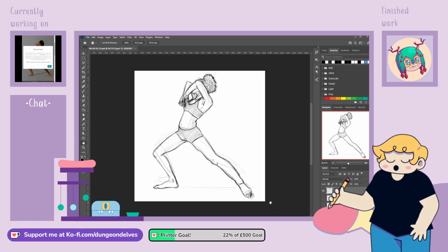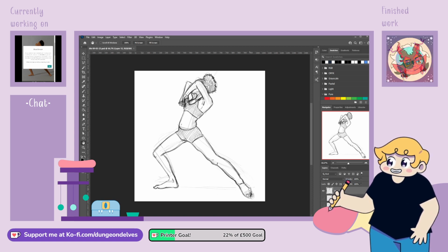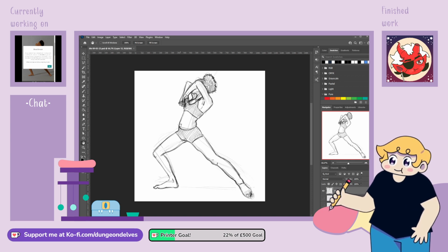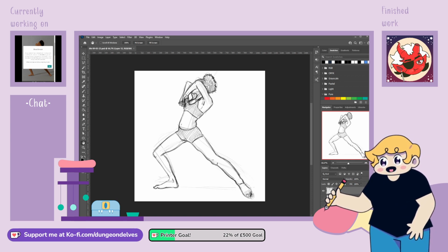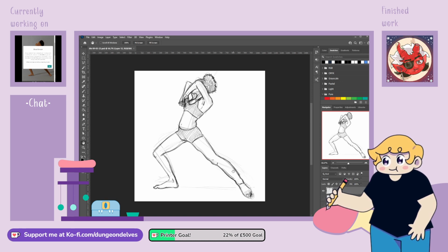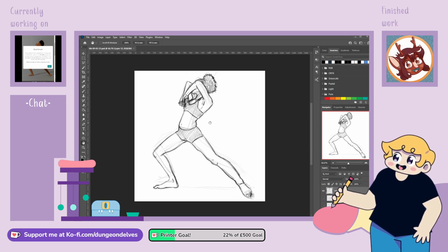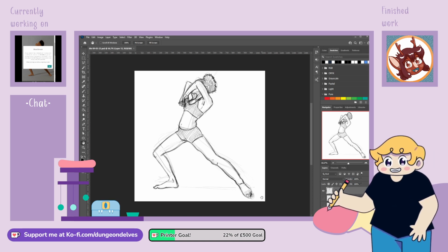I am overall very happy with this sketch. I really like it. I still think it's a tad far forward because I just kept making the foot bigger and bigger and bigger, so probably needed to adjust that leg a bit more, but this is my only qualm, this bit. I like the way the arms work. The arms look good. I feel happy about those.